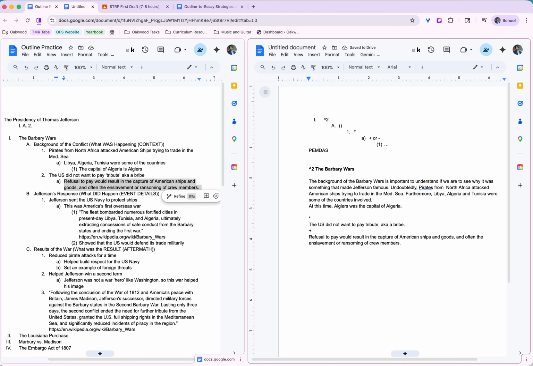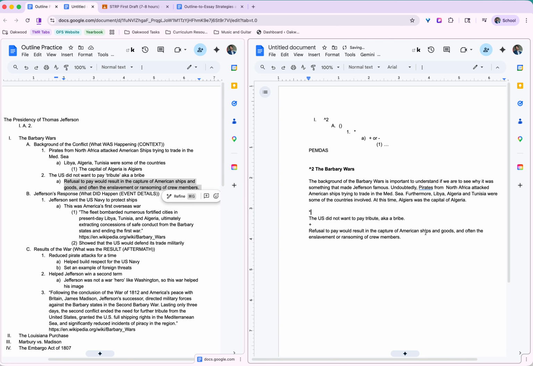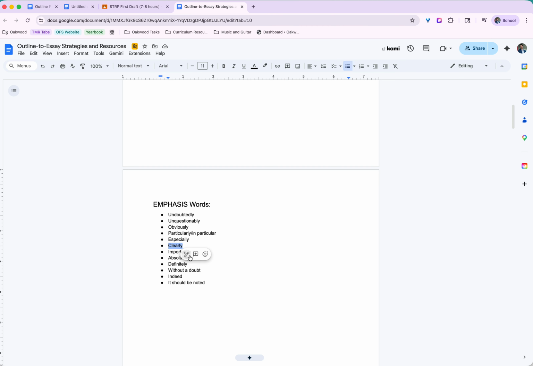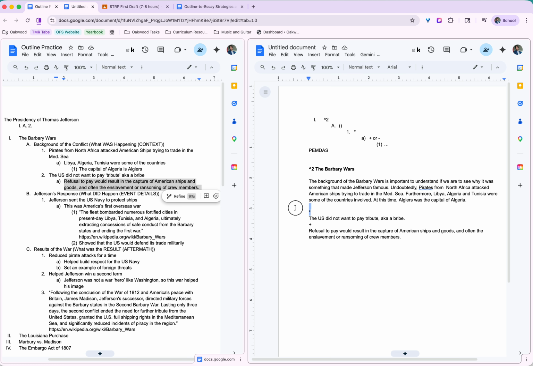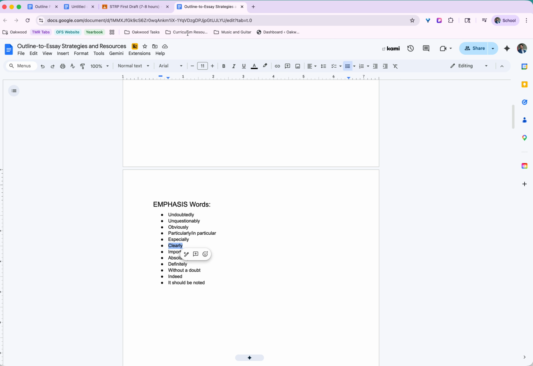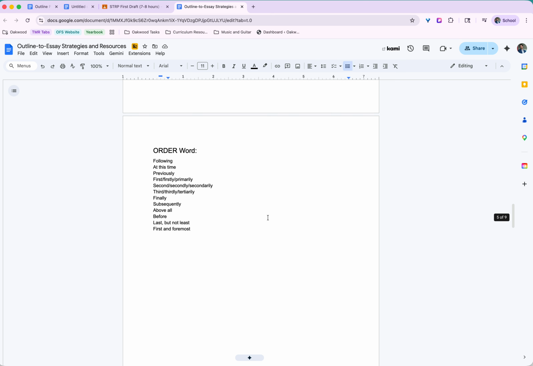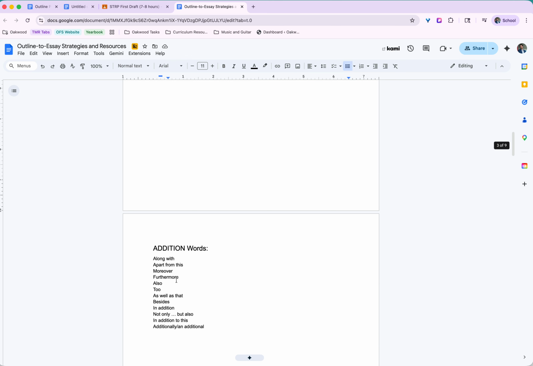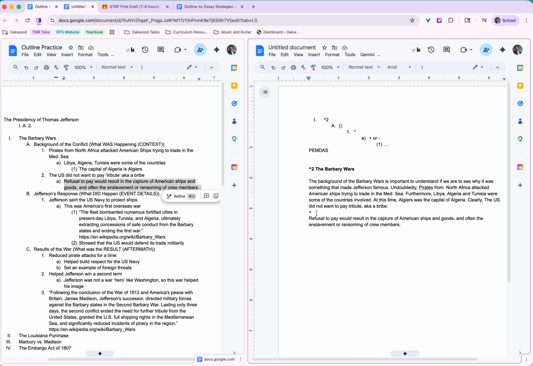Great. Our paragraph is coming together. Next, we have another multiplication. Let's go up to our emphasis words. Clearly is a good one. I like clearly. Makes people feel like, oh yeah, I should have figured that out. All right, clearly, comma. The U.S. did not want to pay tribute, aka a bribe. So finally, let's get one more additional word, or maybe an order word. So as a result is a good one. Addition, right? In addition, something like that. Let's stick with as a result. As a result, comma, refusal to pay